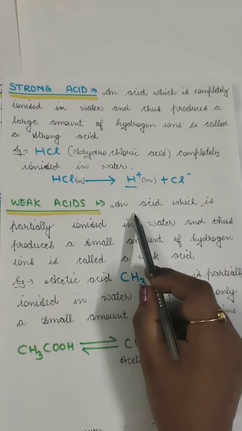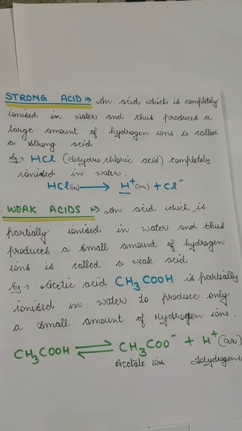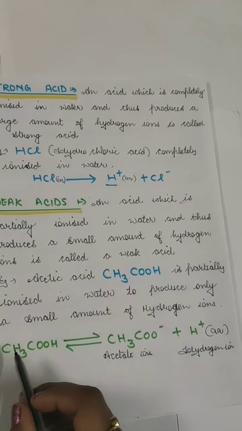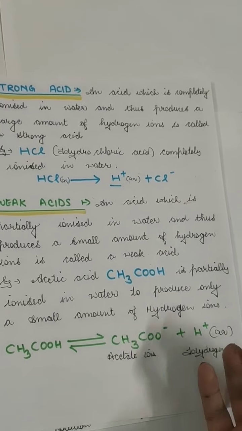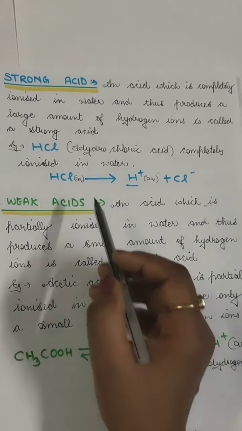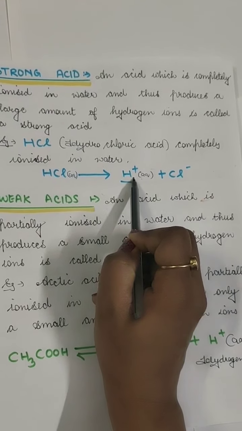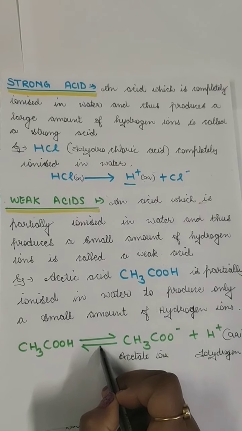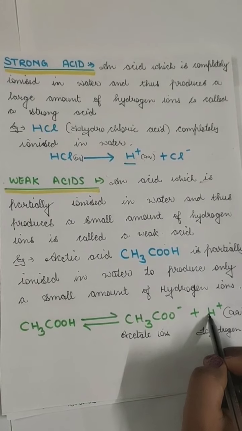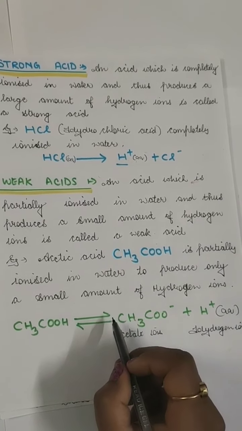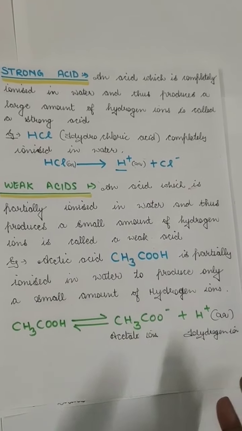Whereas in the weak acid, an acid which is partially ionized, that means it is not completely ionized, all the hydrogen ions will not be formed. That means it will be partial. This arrow describes that all the hydrogen is converting into hydrogen ion, but here there are two arrows, reverse arrows also. That means not all of it is converted into hydrogen ion. A few are again mixed back, so it will not dissociate completely.